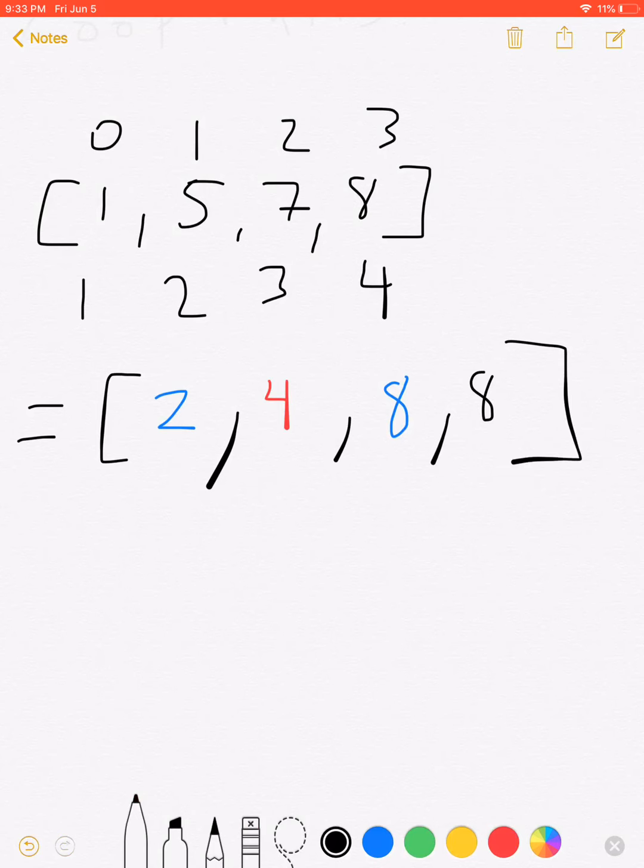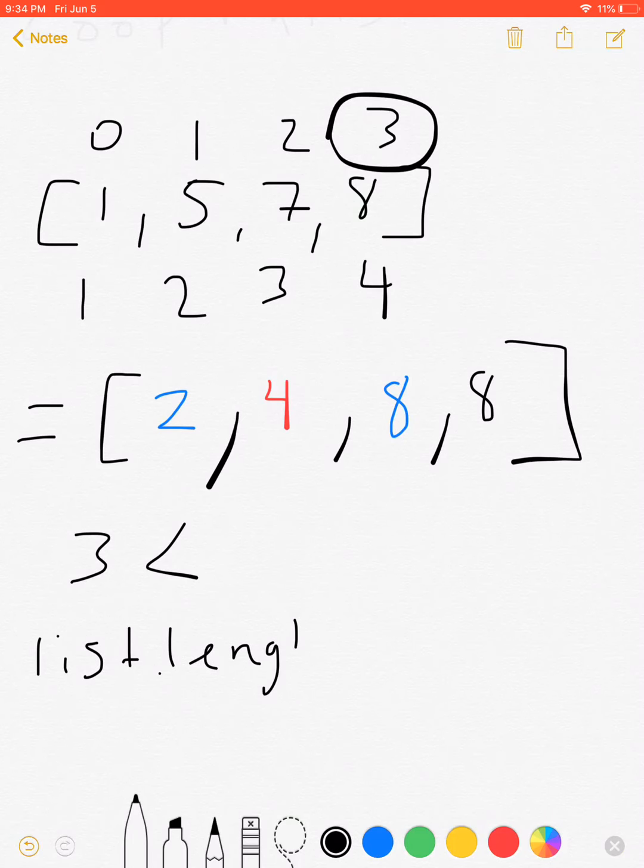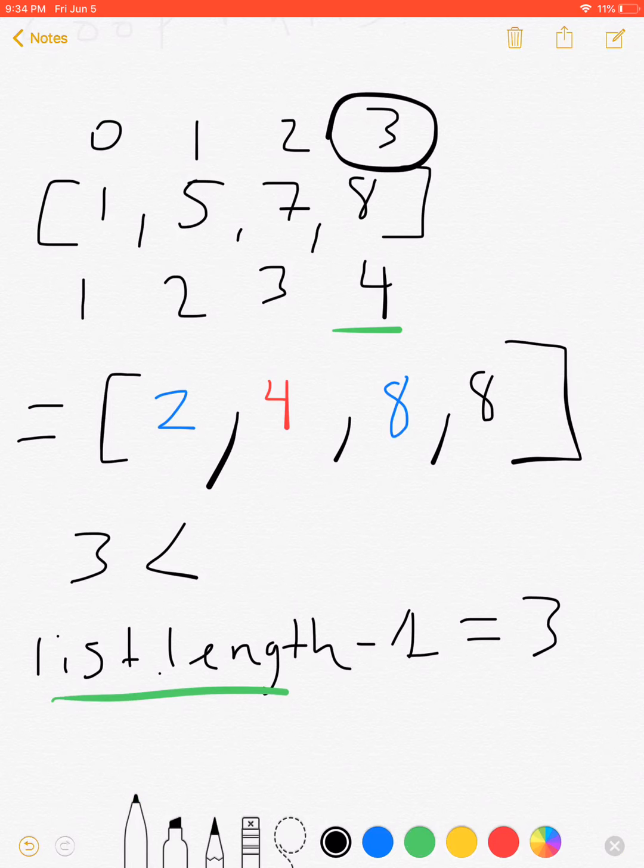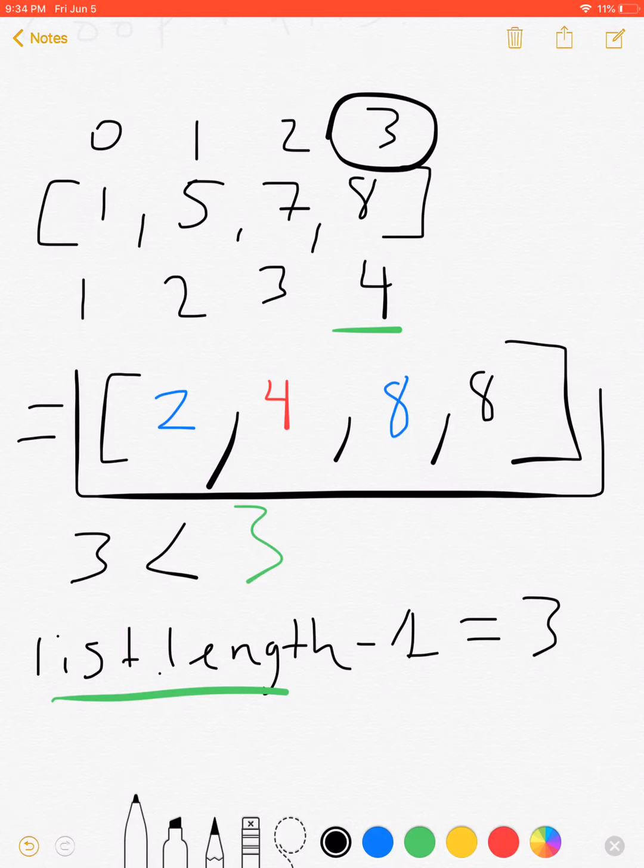8 stays the same towards the end, because once the for loop reaches 3, we have 3 is less than list.length minus 1. The length, in this case, is 4. So 4 minus 1 gives us 3. Is 3 less than 3? Nope, that's a false statement. So the loop fails again. And that is our final